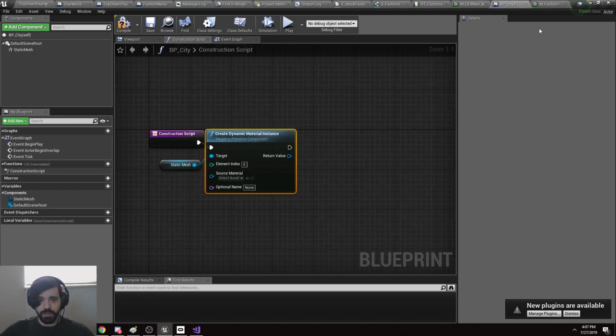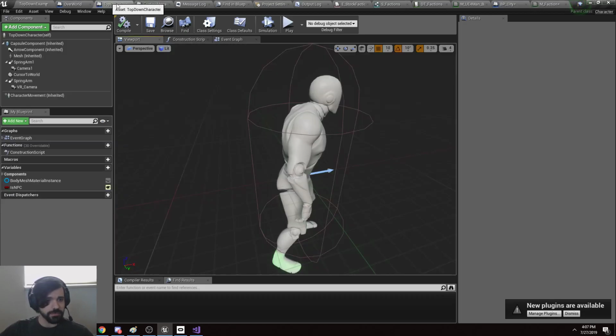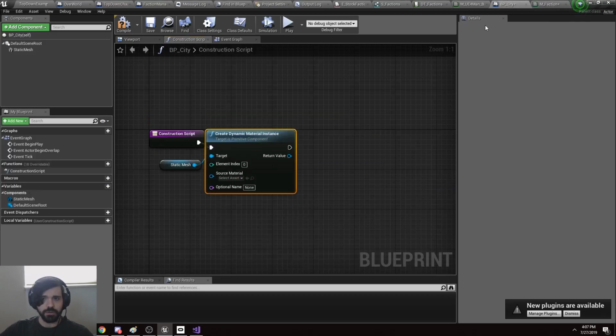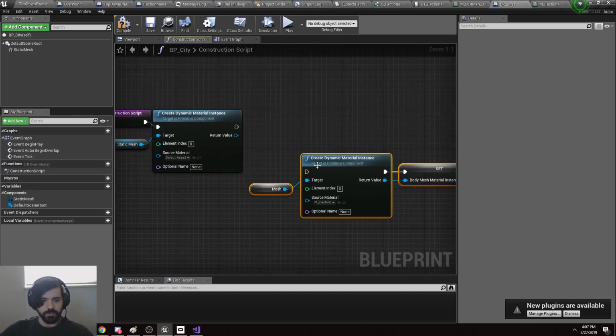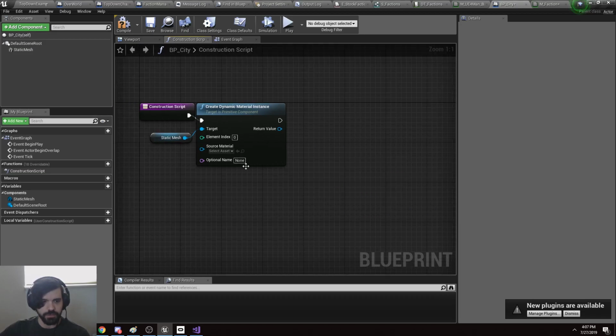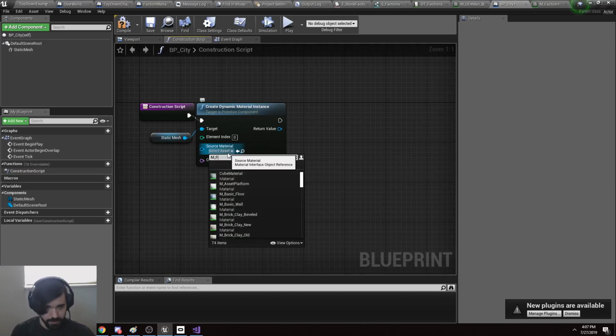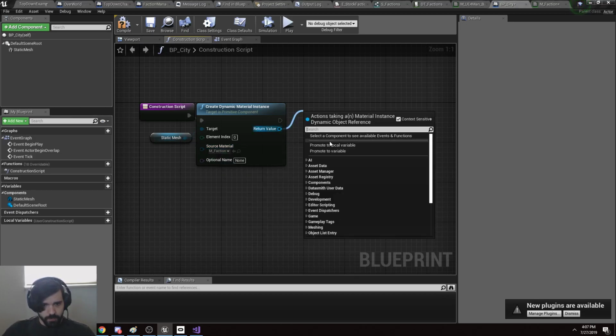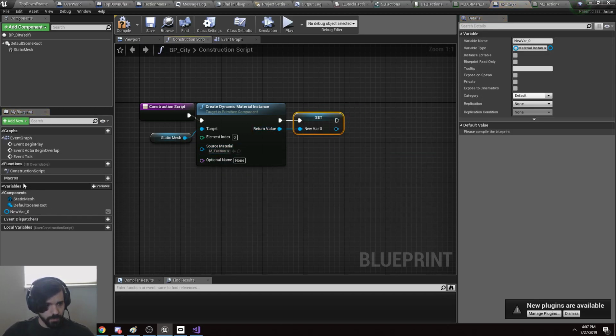We are going to do the same thing for our cities, which I should just probably have copied. Go over to this here. Actually, we're fine. We're already set up. And faction. Promote to variable, and we will call this faction